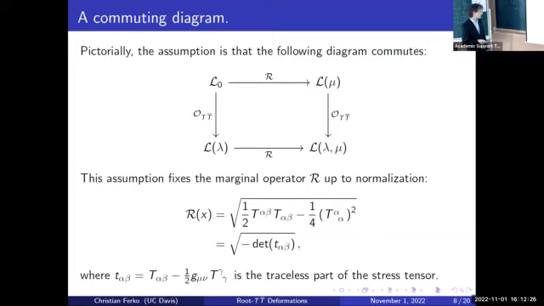can now be written as the square root of minus the determinant of lowercase t alpha beta, which is the traceless part of the stress tensor, which I also alluded to in the previous talk. This is a somewhat nice simple form because, as you may know, the 2-dimensional TT bar operator can also be written in terms of the determinant of capital T, the full stress tensor. So my proposed marginal deformation will be written in terms of the determinant of the traceless part of the stress tensor, which looks somewhat nice. Okay, so that's the reason to choose this particular combination, the motivation for the operator. Next, I'll show you some solutions.